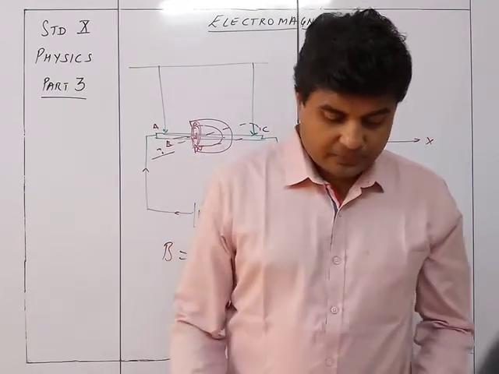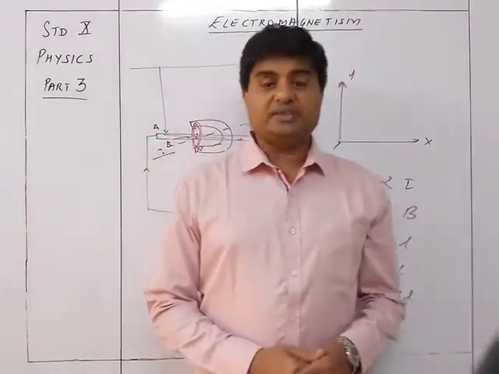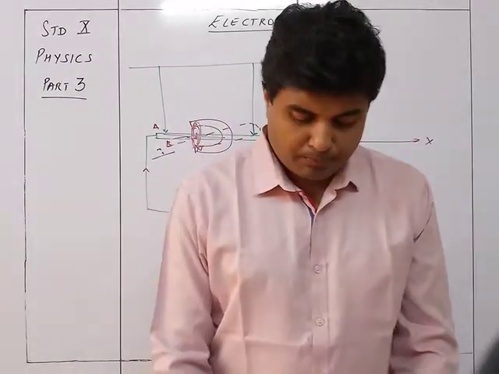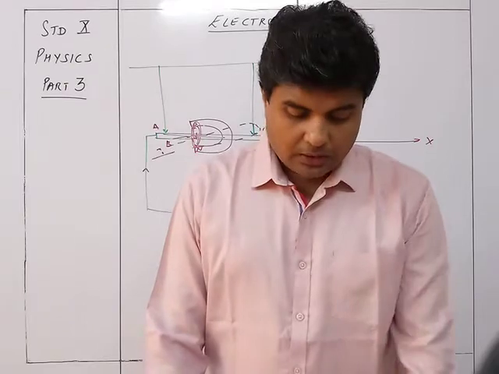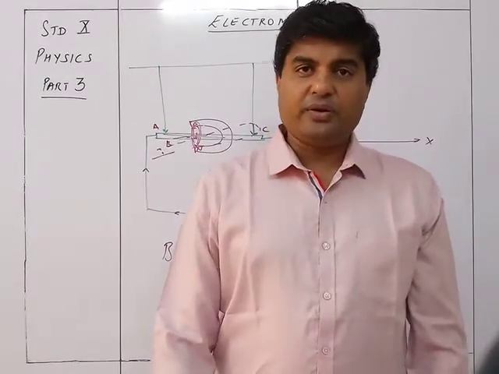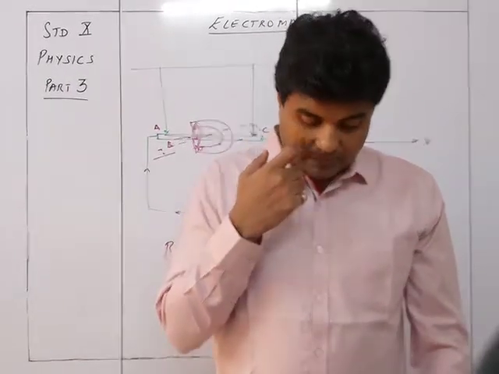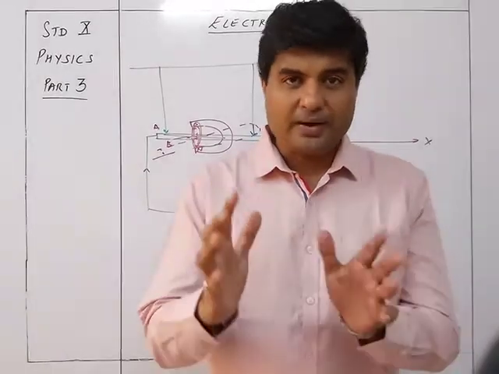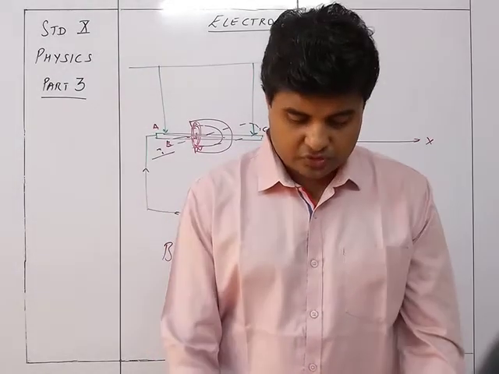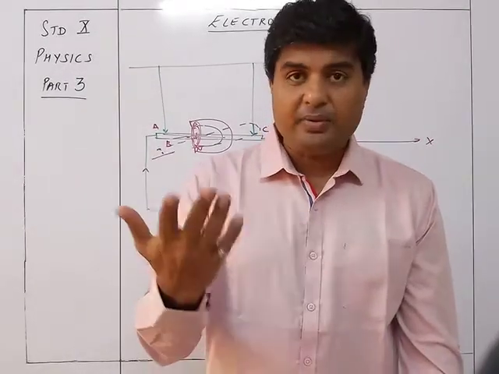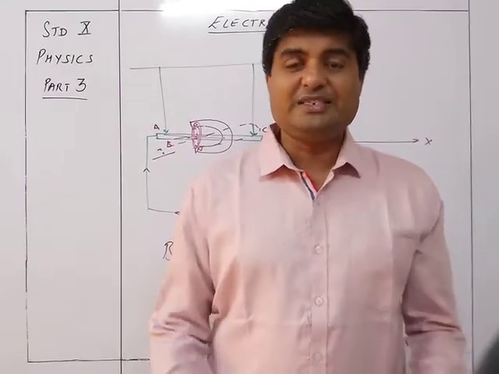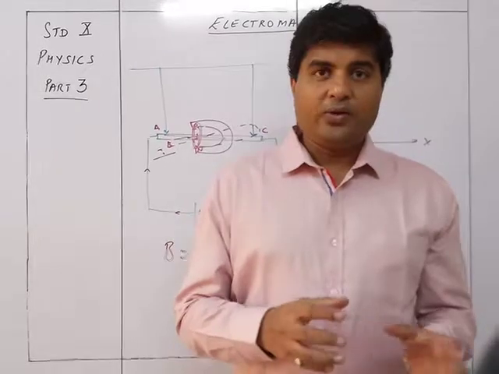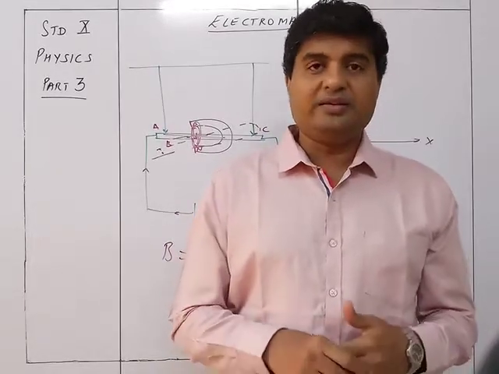So that is how Fleming's left hand rule works. Now we see the next thing, which is a simple DC motor, the working of a simple DC motor. I'll do one thing, I'll take it in the next video. I know it's quite less time, but the DC motor part is a separate part altogether. It may exceed 30 minutes, but I'll take it separately so that it's easier for you to study. I don't want to break it in between when the DC motor is going on.